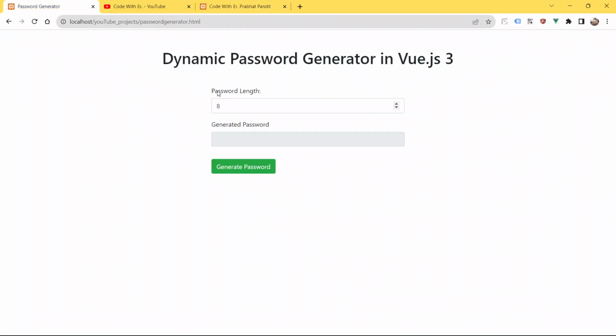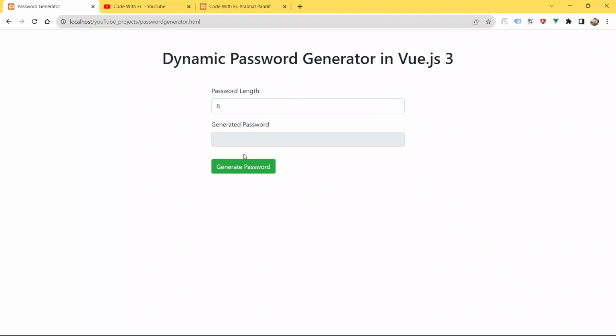So guys, here you can see here password length, okay. From here, as I showed you, I have also explained to you that from here you can increase or decrease the password length also, okay. So from here you can increase the password length and you can decrease the password length also, okay, as per your need, as per your requirements. So guys, this application is very dynamic, trust me guys. You can integrate this kind of functionality in your code, in your application, okay, to make your application dynamic to the users, okay.